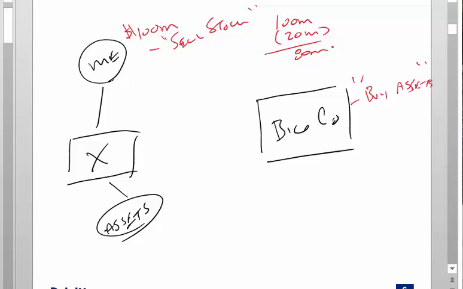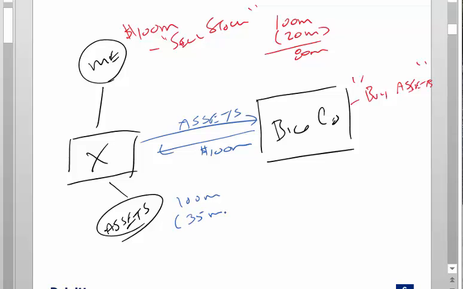So if instead I don't know any better and I say, oh, sure, I'll sell it. If you want to buy assets, that's cool. I'll sell you assets. So if I sold assets, the way that would work is this company X is going to sell the assets. They're the one with the assets, not me. And $100 million goes this way. So X is going to have $100 million of proceeds, and it's going to pay 35 of tax. So there's going to be 65 left over. Okay? Because there's no corporate capital gains rate that's low. It's just a standard 35% rate.